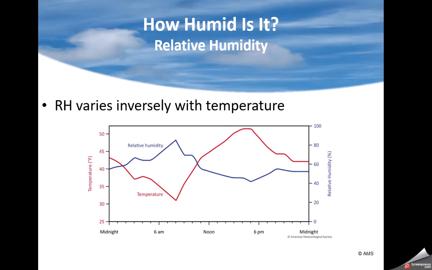Look at a normal day. The relative humidity is highest in the morning. Why is that? Because in the morning, the temperatures are coldest. They can't hold as much moisture. So the relative humidity, even though the same amount of moisture is there, is going to be higher. By afternoon, temperatures are hotter, can hold more moisture. Relative humidity actually is going to fall. And that is very typical of many days during the year.